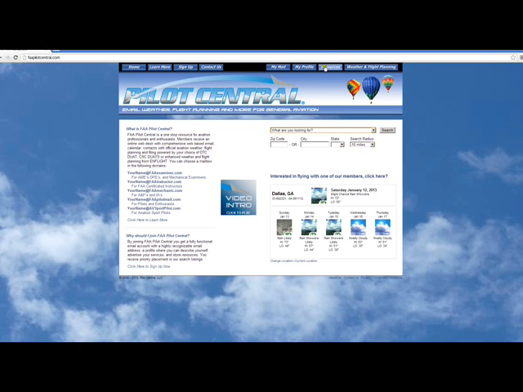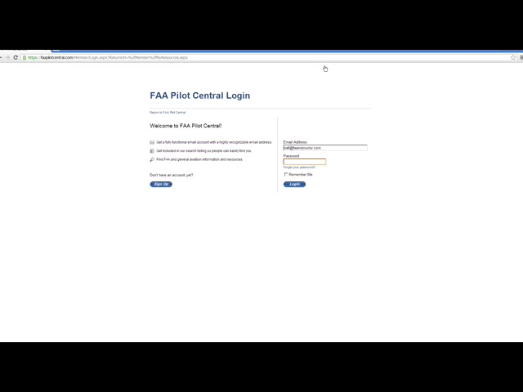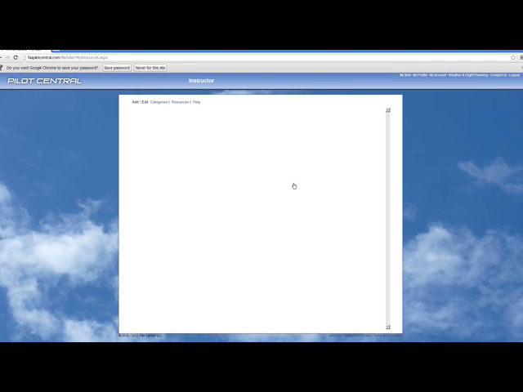So we're going to click up here in the Resources tab. And since we're not already signed in, we have to put in our credentials. If we were already signed in, it would have opened the page. As you can see, since this is the first time we're using the Resources page, it's basically a blank page